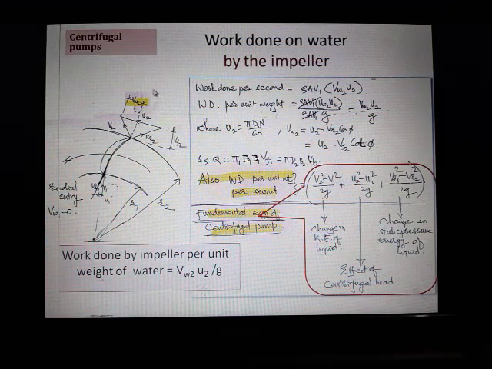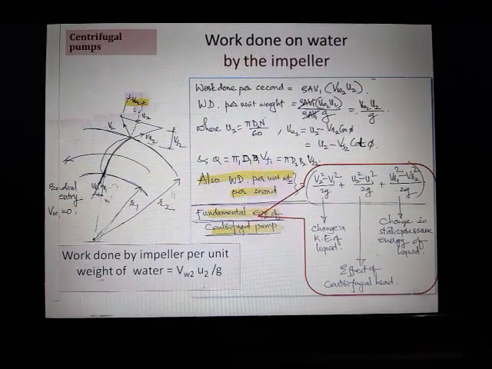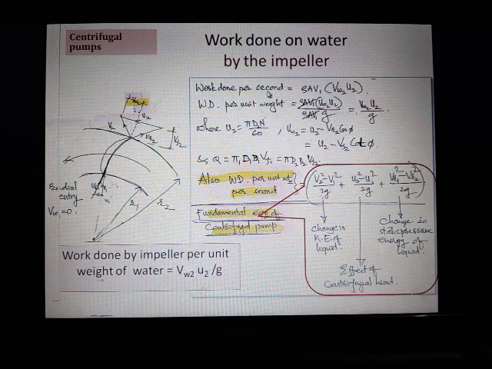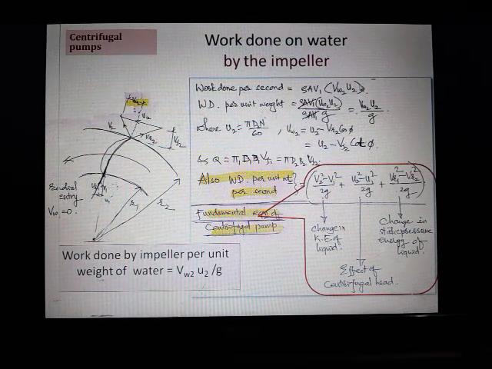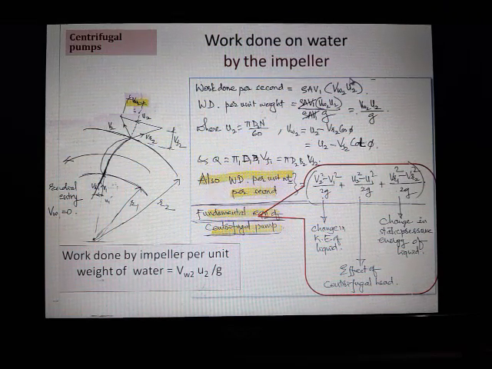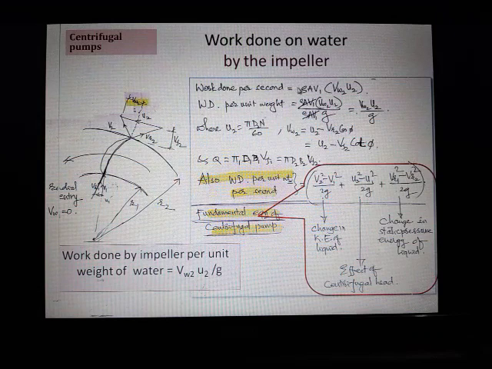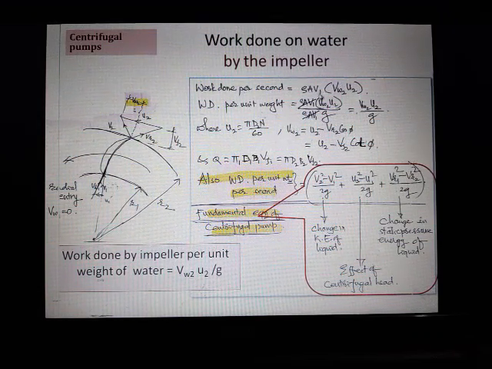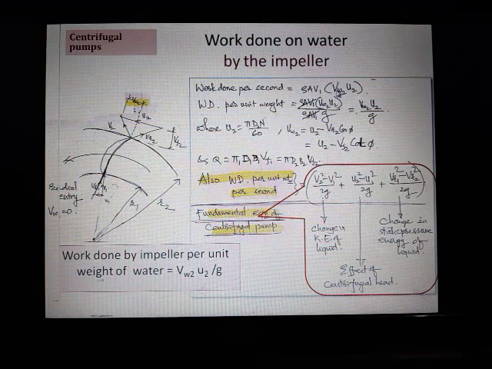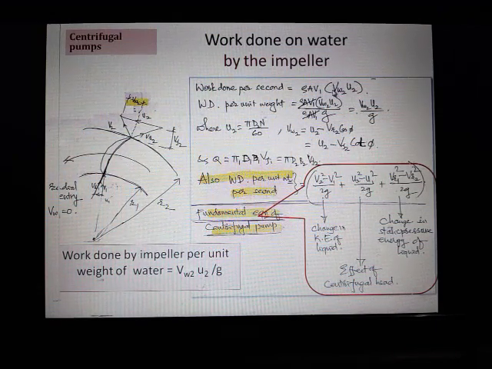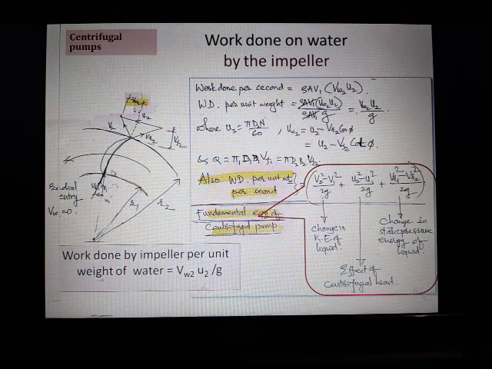The component of v2 in the direction of u2 is nothing but vw2 or velocity of whirl. Now knowing this much about inlet and outlet velocity triangles, we'll see here work done per second. Work done is force into distance, and distance per second is velocity. So this particular term u is distance divided by time, and this much will be nothing but force. You know that the force is mass rate of flow, rho a v1, into change in velocity. Change in velocity is vw2, as there is no vw1, it will be only vw2.